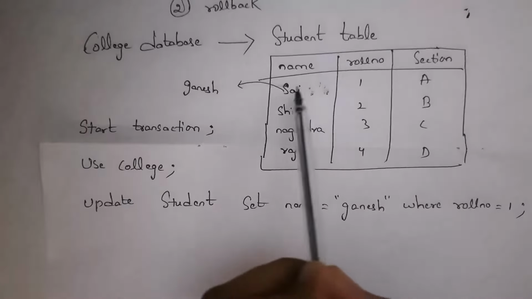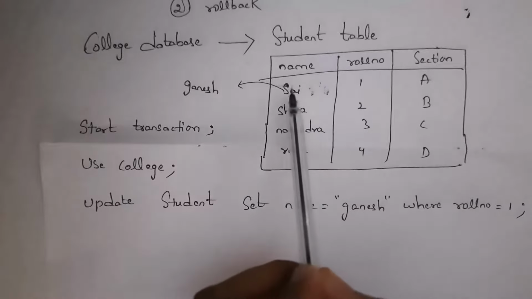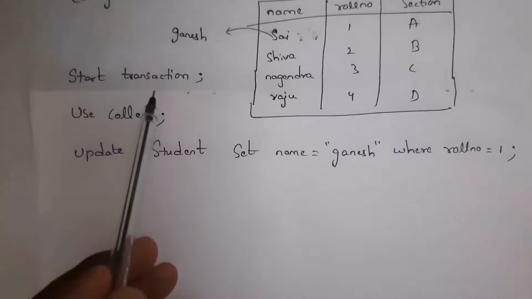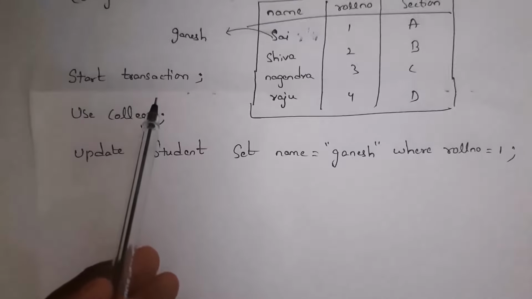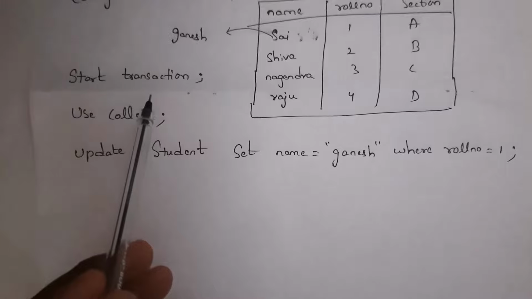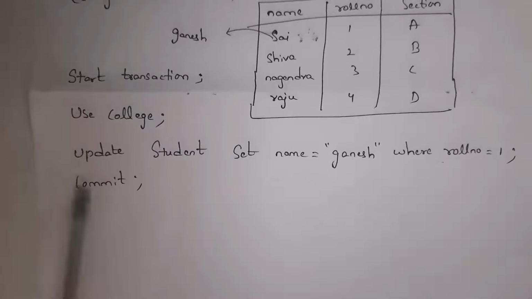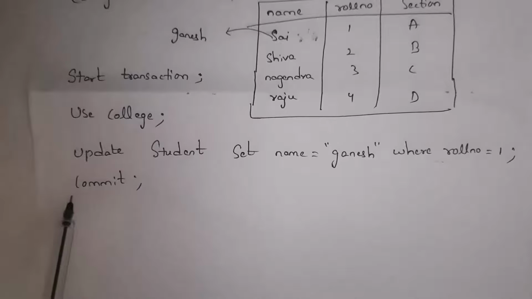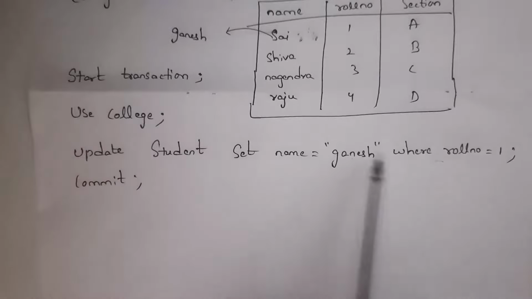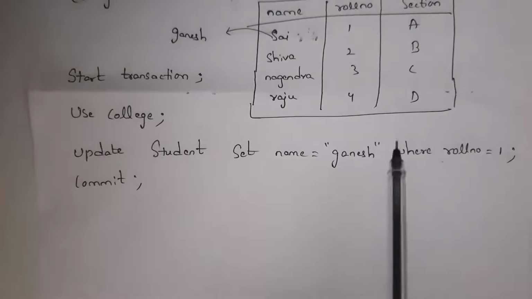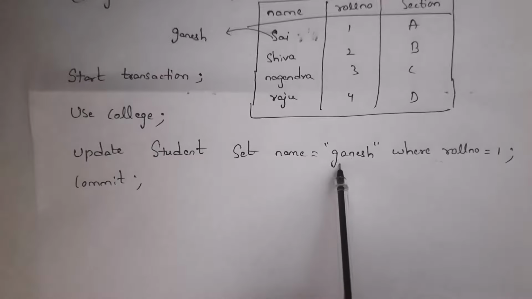Here in this table, Sai's roll number is 1. So it will change the name from Sai to Ganesh. Guys, whenever you start any transaction, for each and every operation you need to use commit. So after performing this operation, you need to write commit. Only after writing commit, this operation will be permanently stored in our database. That is, it will change the name from Sai to Ganesh and this information is permanently stored in the database only after